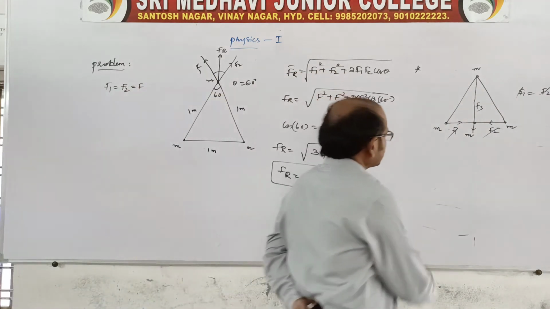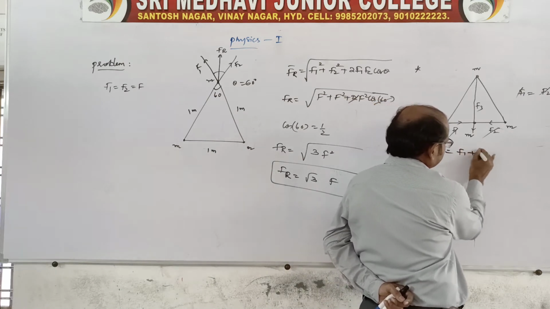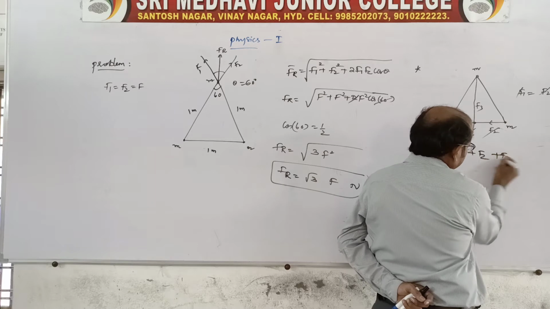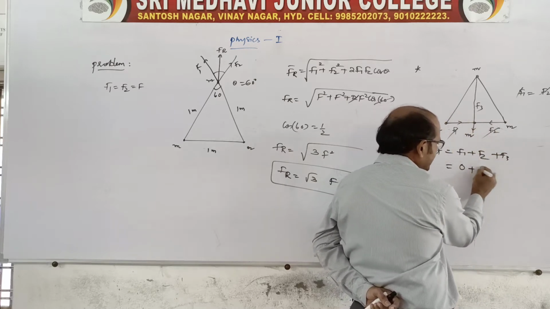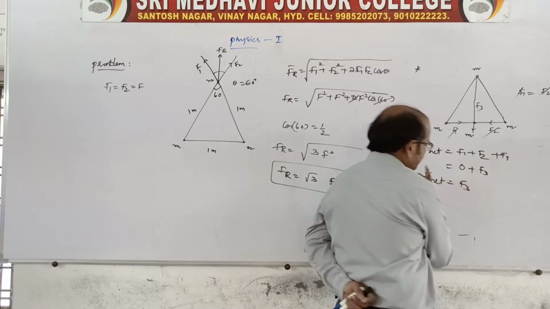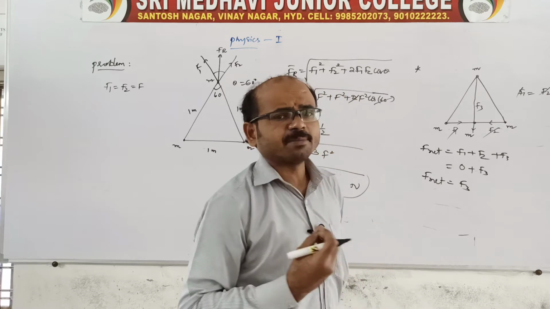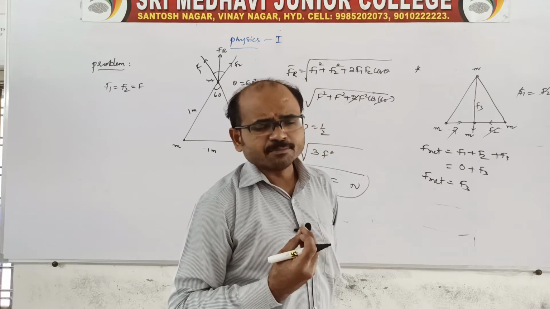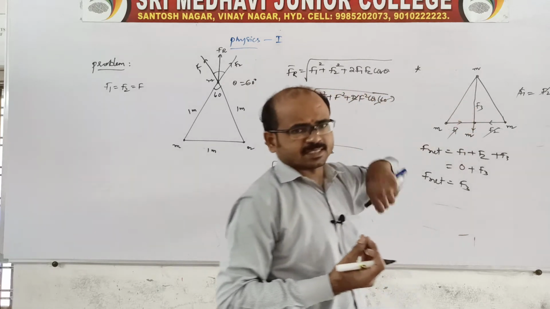Right? Now coming to the point, the net force at the fourth particle will be F1 plus F2 plus F3. But these two are equal and opposite, no? So you say plus 0, F3. Then F net will be equal to F3. Sir, what is F3? Here F3 is nothing but, the formula will be capital G M1 M2, or MM, by distance square.